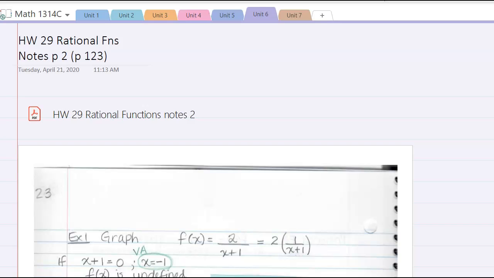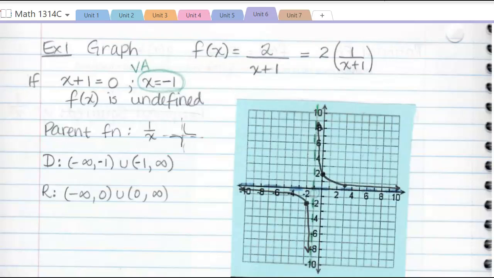This video will cover the second page of notes on the topic of rational functions. Let's start with example number 1 that states our job is to graph f of x is equal to 2 over x plus 1. One of the things I want to remind you here is that we can write this